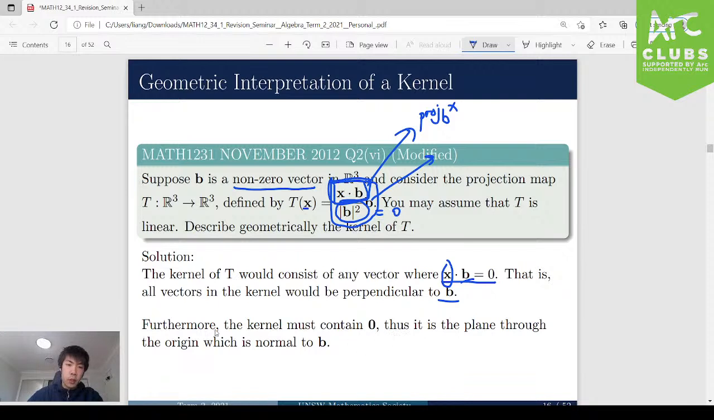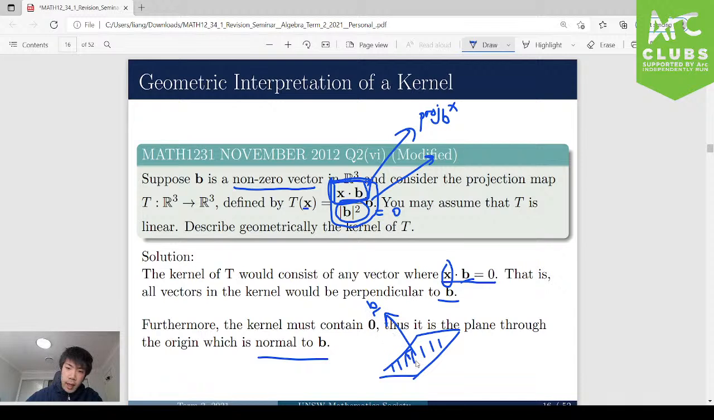Furthermore, you should also recall that the kernel must at least contain a 0 vector. And so that means, if you think about it geometrically, your kernel is just the plane that passes through the origin and is normal to b. Okay, so if I try to draw a quick diagram here, it would be like this particular plane, for example, where